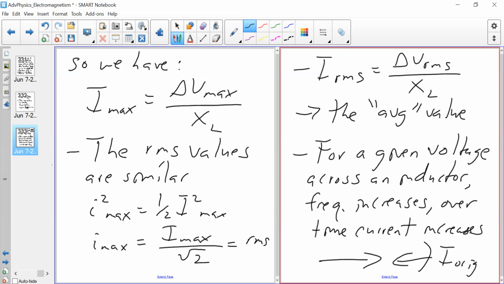There's a magnetic field around this inductor, and as this magnetic field increases, there is an induced field that creates its own current to oppose this current. And that causes the original current to decrease. So this is a constant back and forth within the inductor, even as the circuit operates under an alternating